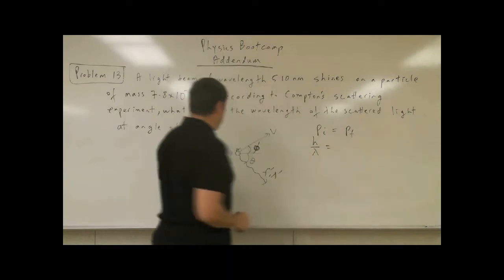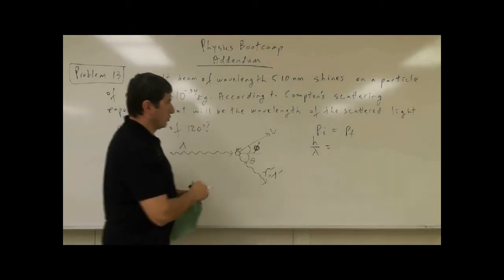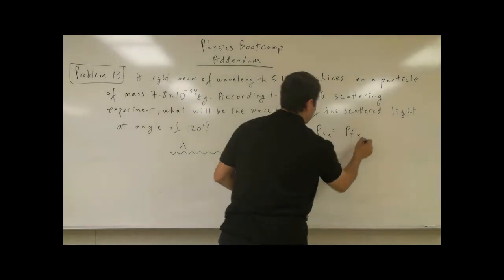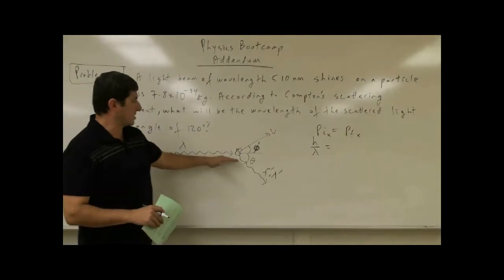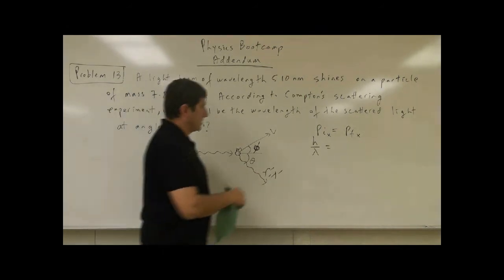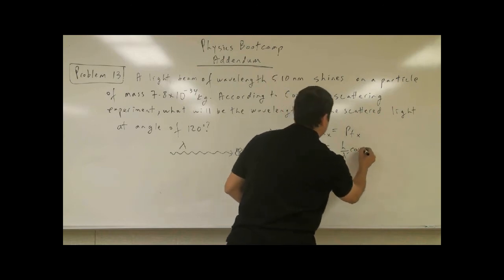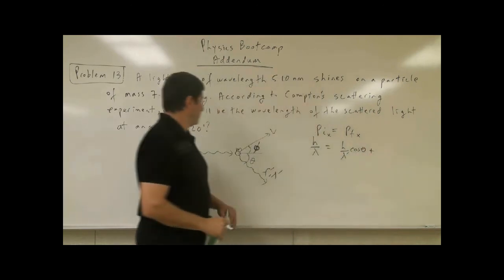Now in the x direction, we have to divide this up into x components. The x component of the momentum is h over lambda, which equals h over lambda prime cosine of theta